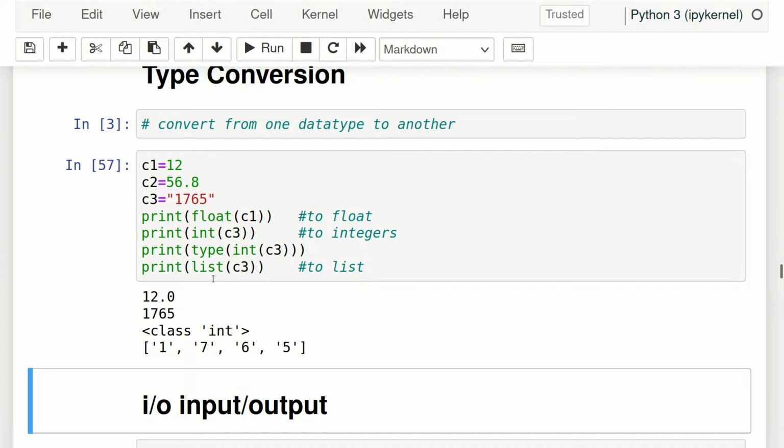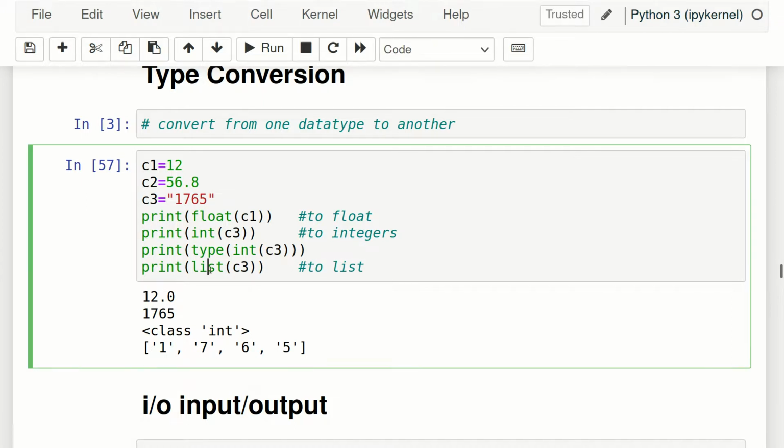Similarly, c3 to list we have done with the help of this, and we can see it has been converted to a list. It was a string, and after conversion to list it became comma separated within square brackets. Okay, so we can convert anything to any other type, just include the data type you want to convert to, and whatever variable you want to convert, that's all.